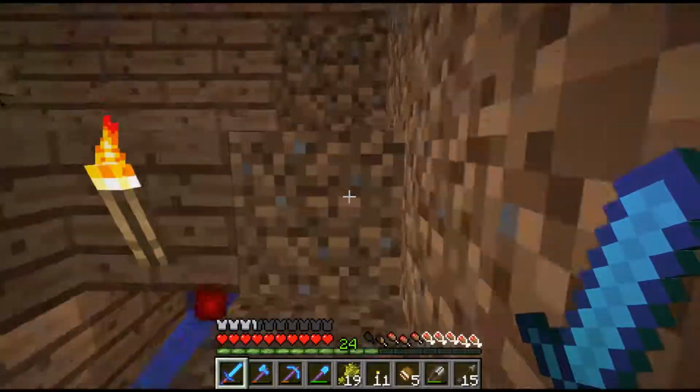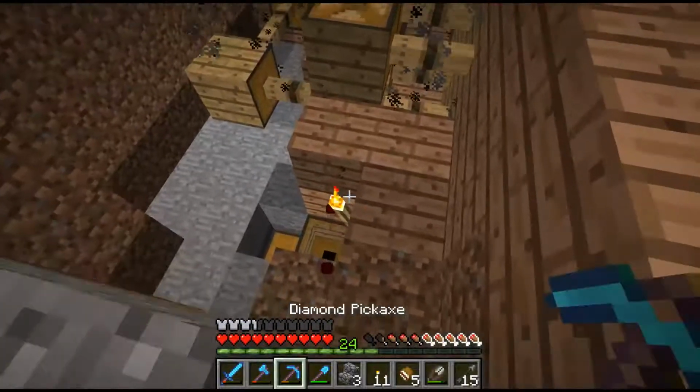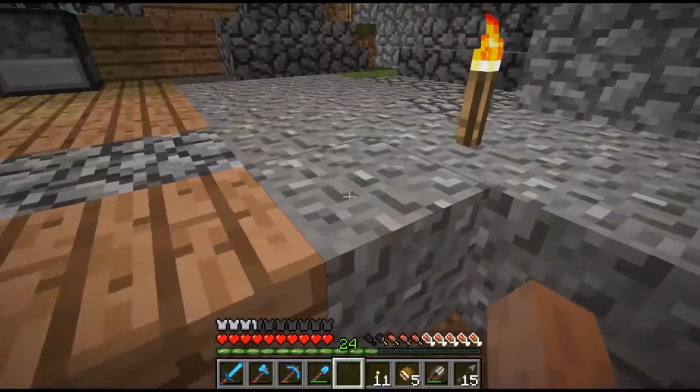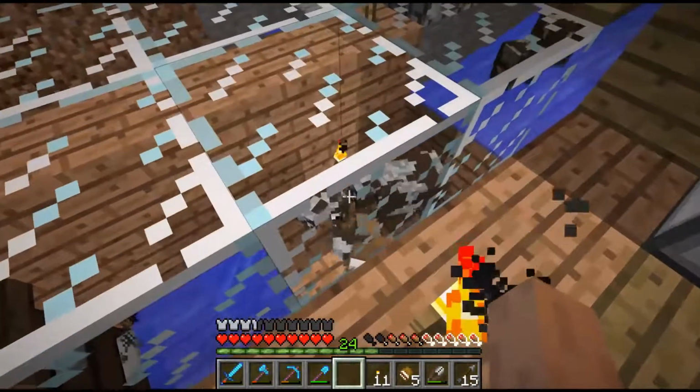Good? Good. I still need to make some stairs here. Oh, I have stairs. I could probably do that. 2, 3. There's at least some. Yeah, see, so they'll just, oh,